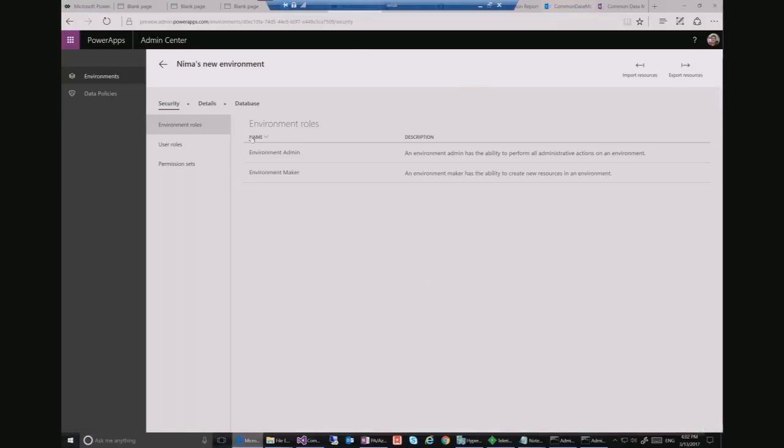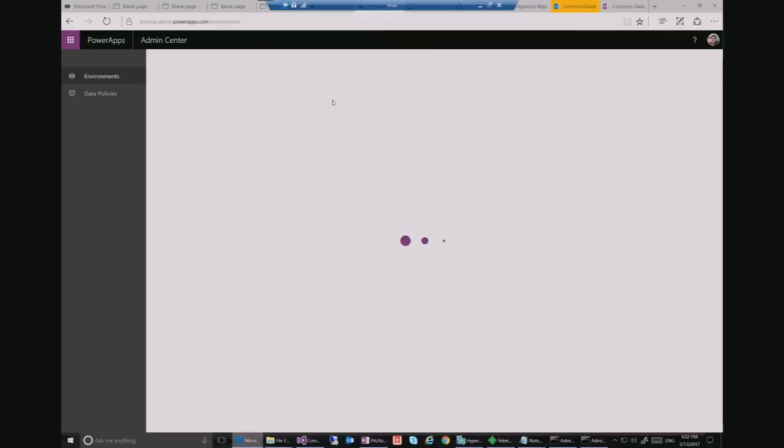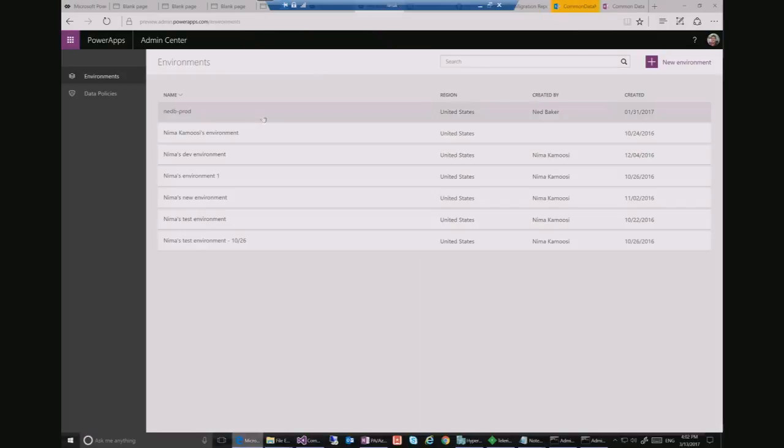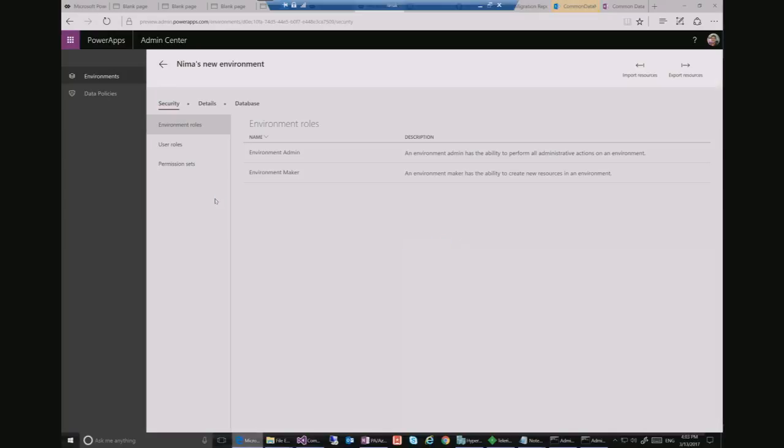You've seen this before. Power Apps. You can go to the admin center from Power Apps, which takes you here. And for your database, you'll be able to manage and administrate the security of your data. So it's going to come up. What I'll show you is there's a security tab there where you can define roles and permission sets. Permission sets are very similar to what we had in AX. They're basically a mapping of resources.